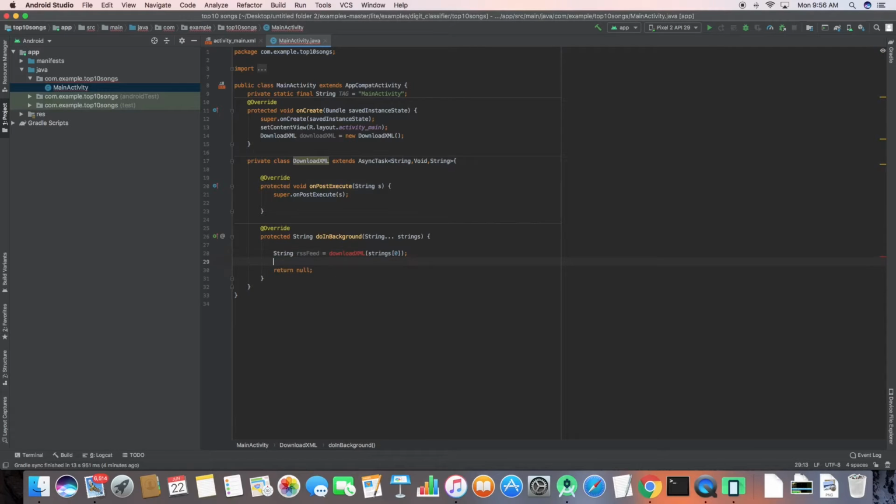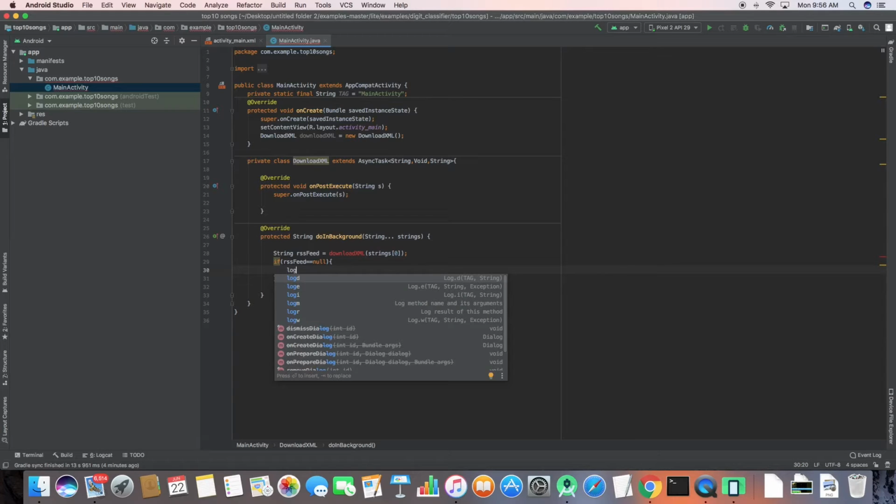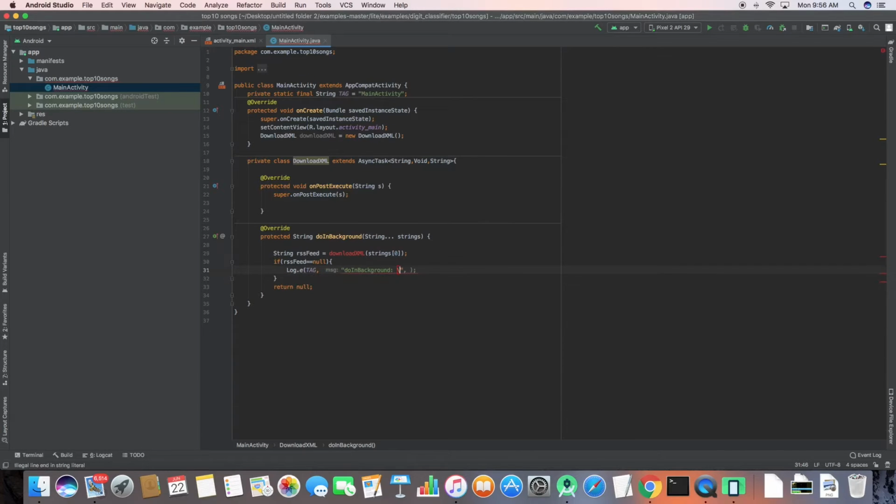let's call an if statement, and if RSS feed is not equal to null, then it should be passed, let's say RSS feed equals 0. So then we'll be, if it's equal to null, then log d there will be an error. So let's write